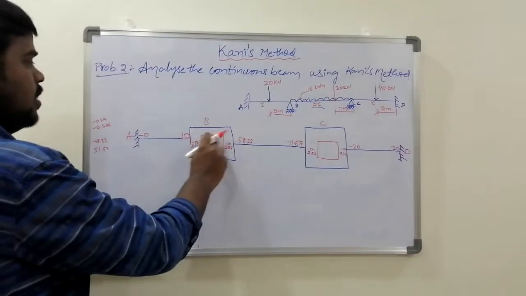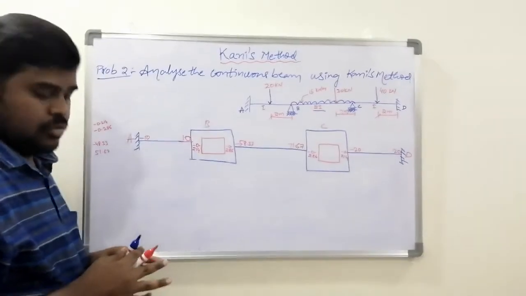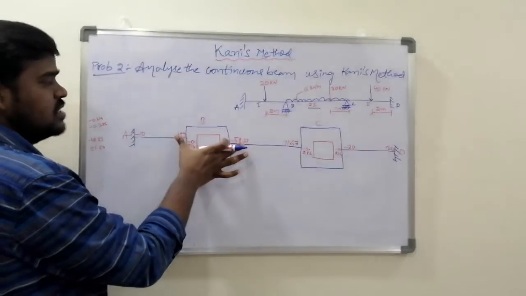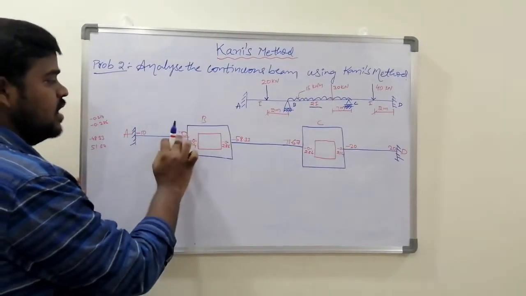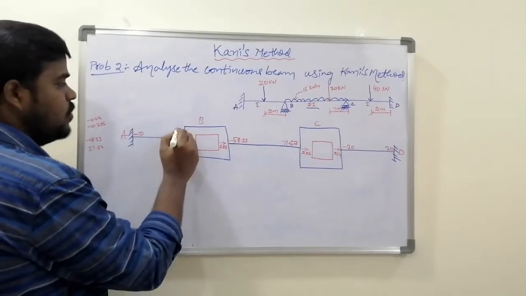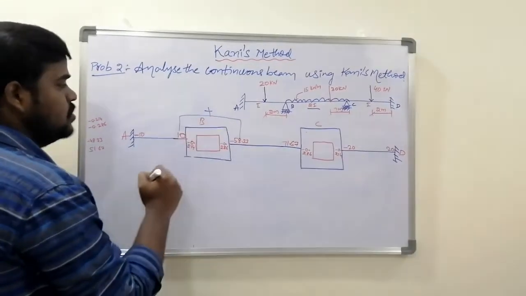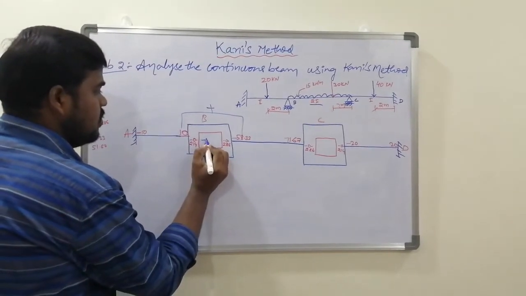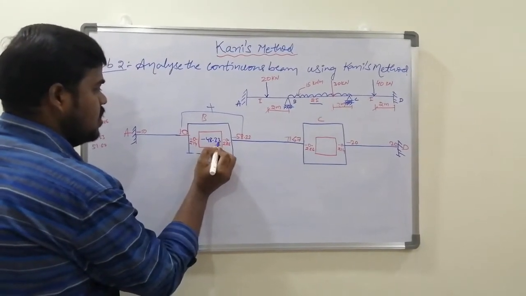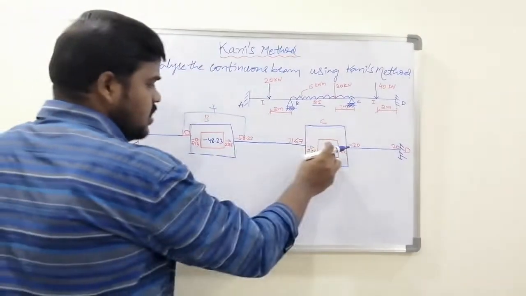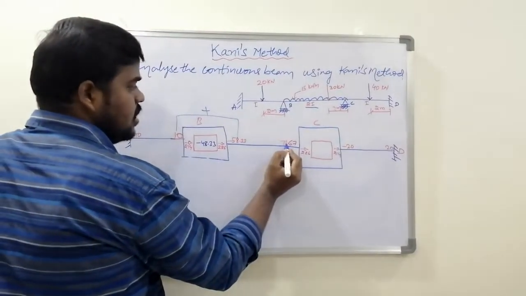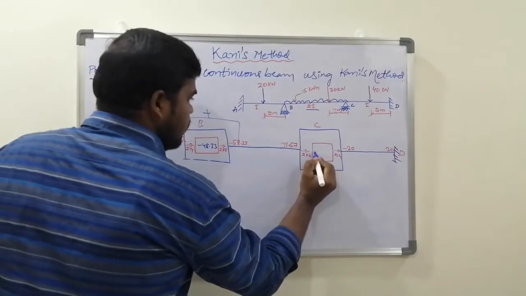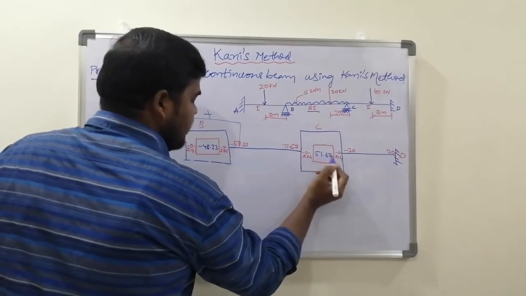So in the middle box or rectangle, what we have to write? Here we have to add these two fixed end moments of B, that is 10 plus 58.33. We have to add these two. That value must be written in this box, and that is nothing but minus 48.33. And in this box again we have to write the addition of 71.67 and minus 20, and the answer is 51.67.